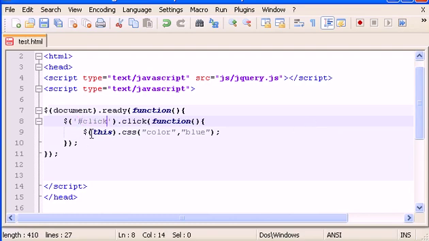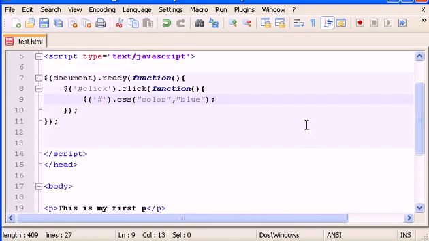Whenever we click the button, we will append something in P. So let's take out the CSS. So P append,